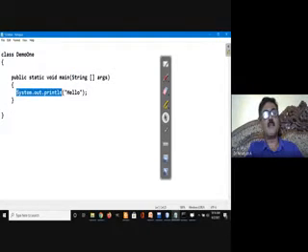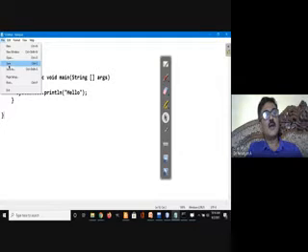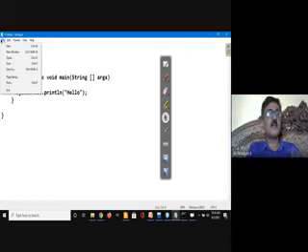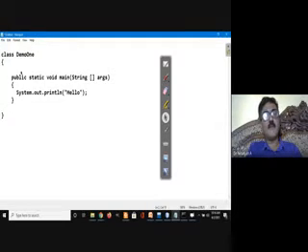This is somewhat similar to your printf statement. You do not have the printf statement concept here. Instead, whenever you want to print something, this is what you are supposed to use. Here you are finding the word System, and you can find S in capitals. That means this is also a built-in class. Now I have written this particular code. What are you supposed to do? Open a notepad, type the given code, and save.